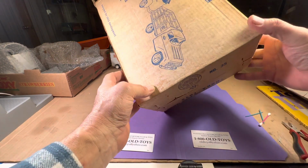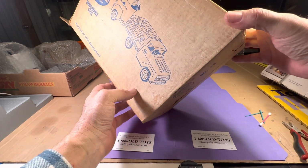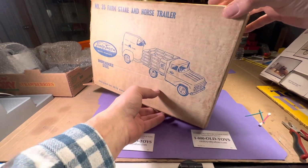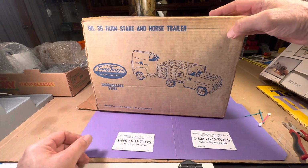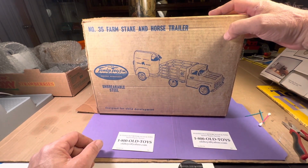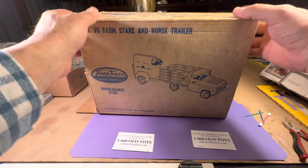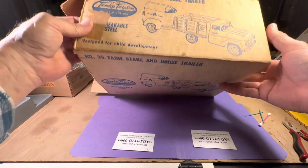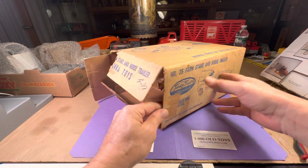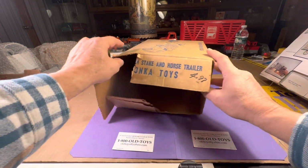And this happens to be, I believe, a 59. I'm not sure. Maybe they made them after 59. I'm not the expert, and there's plenty of those out there. I'm just here to show you what the box looks like, how much it cost when it was new,